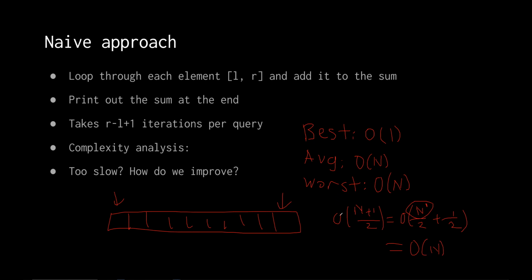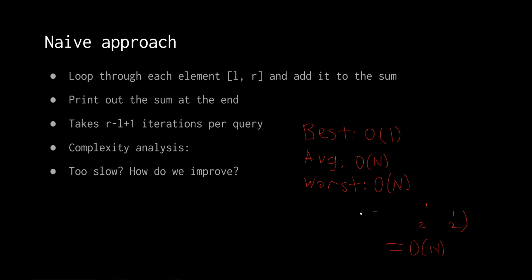So that's how we find the average case of the algorithm. And again, if you know big O, there's actually a mathematical way to do big O notation by taking the limit, but this is way too complicated for this. We can just use the way that's recommended by most computer scientists, by just taking the highest degree and finding the algorithm's complexity. All right, so now that we know the time complexity,